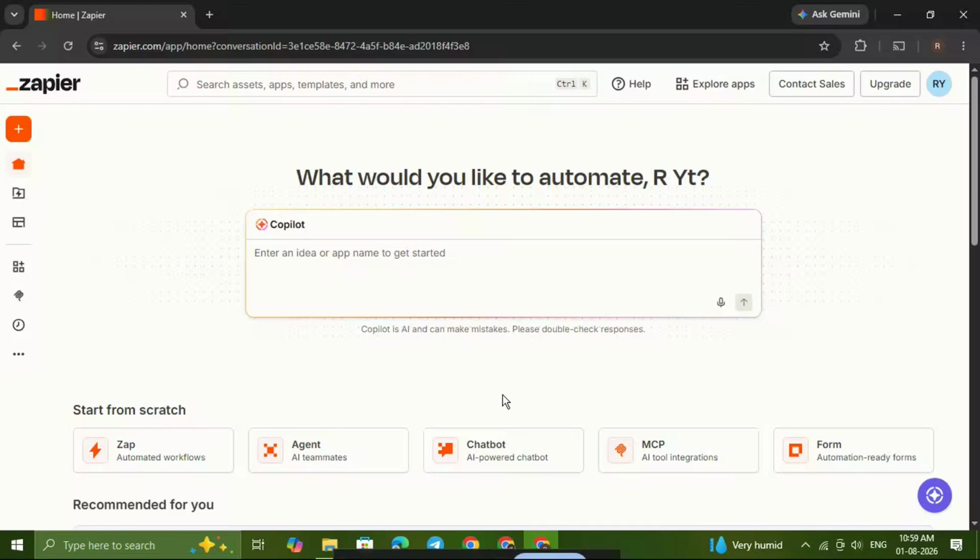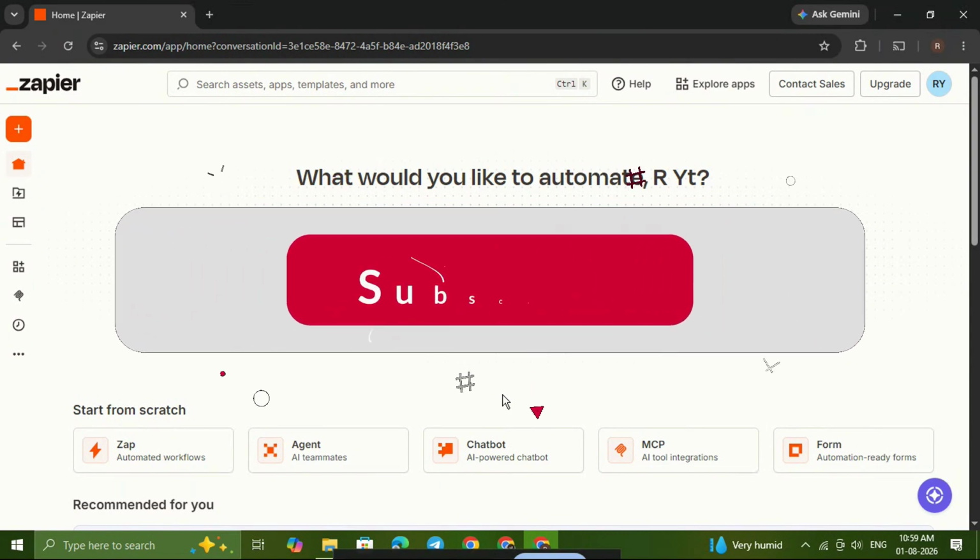In today's video, I'll show you how to integrate Microsoft Outlook with Zapier and connect it to another app, such as Google Sheets. This is useful when you want to automate repetitive tasks, move information between apps, or create workflows that run automatically whenever something happens in Outlook. For example, you could send new Outlook emails to a spreadsheet, create calendar events, organize contacts, or trigger follow-up tasks